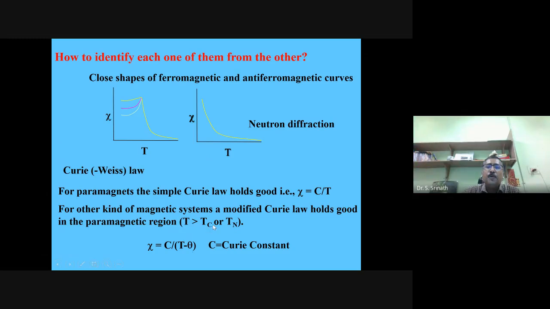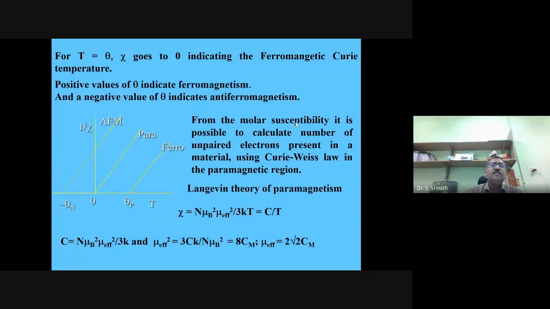And I just want to warn you here that from bulk measurements, that means simple magnetization measurements, it is very, very difficult. It's impossible actually to determine. So one has to do more precise local probe measurements, like a neutron diffraction measurement, in order to tell whether antiferromagnetic order is there. We will see the detailed things. But in a simple magnetization measurement, you can measure 1 over chi, susceptibility of course,